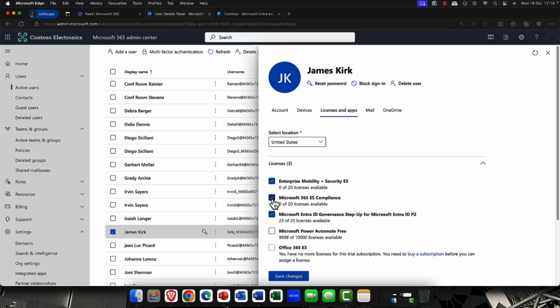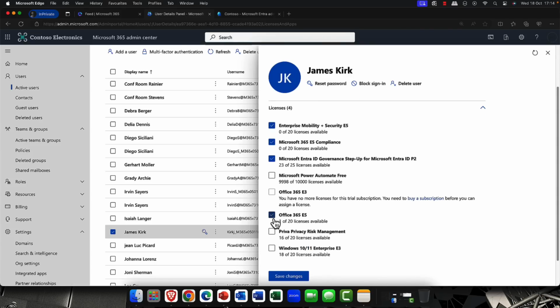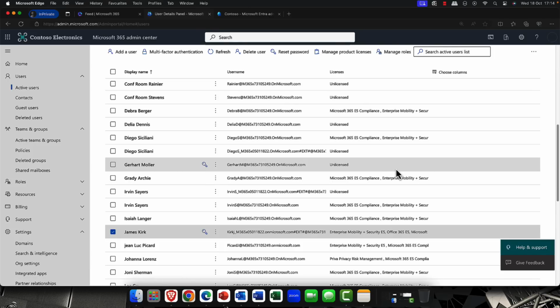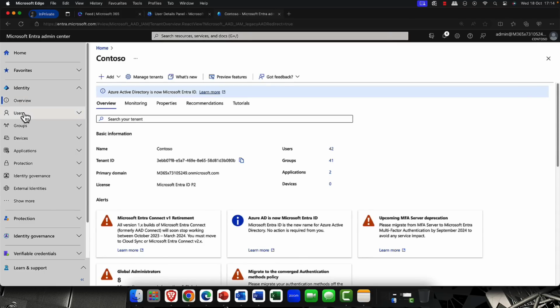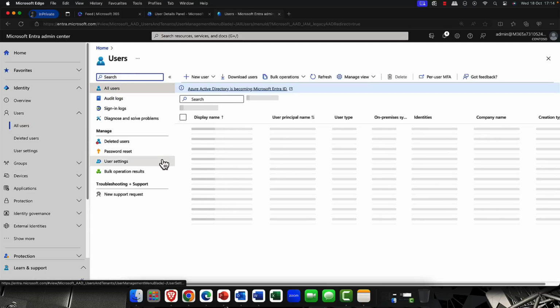And this is great because if he's a contractor coming into tenant 2, you can go ahead and license him. So although he's a guest account, you can still license him in tenant 2. How cool is that? That is really, really powerful. Great for contractors and suppliers and things like that.